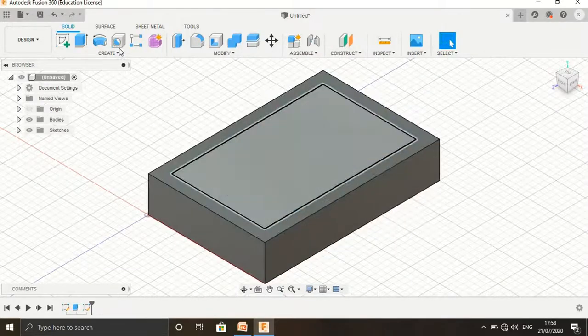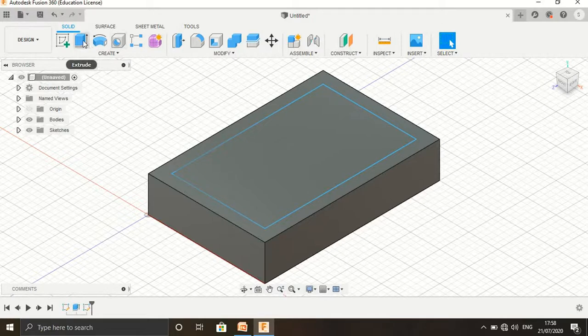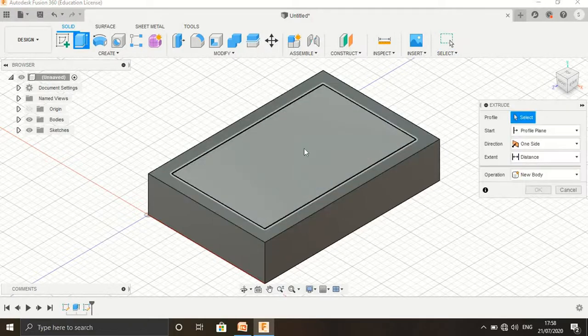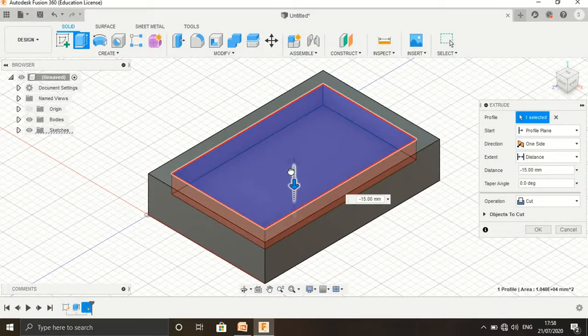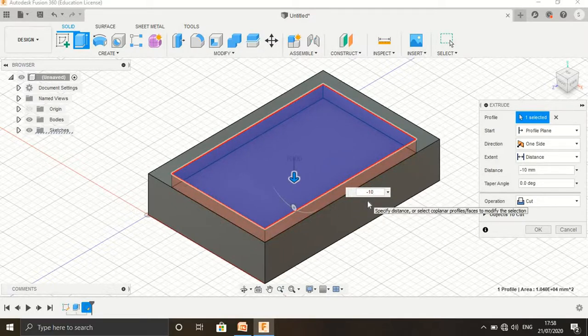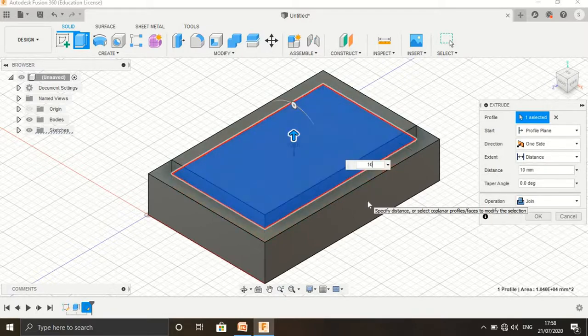Then go to the home and in the extrude command, in reverse direction you can create the depth of 10 minus 10, sorry, 10 only. You can take the dimension 10 and enter.